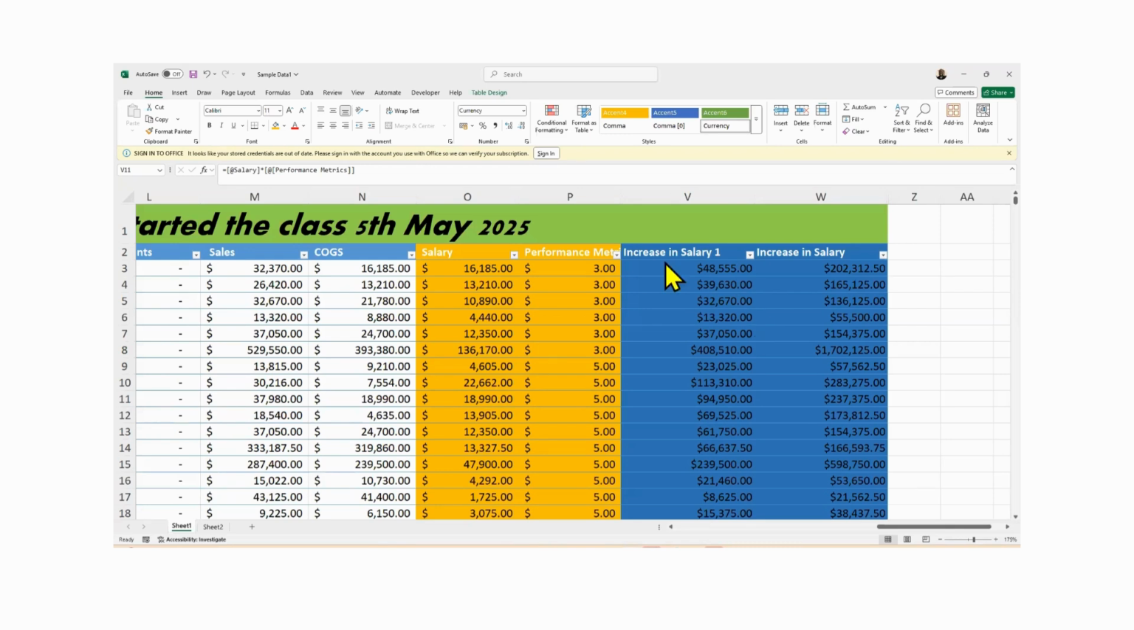Now, for example, I want to sort the increase in salary 1 column, which is column V. What will I do? I come towards my top right hand side. I can see sort and filter. I can see that icon that looks like a funnel. If I click on the drop down arrow, I can see sort A to Z, sort Z to A, and then I can see custom sort. So if I click on sort A to Z,